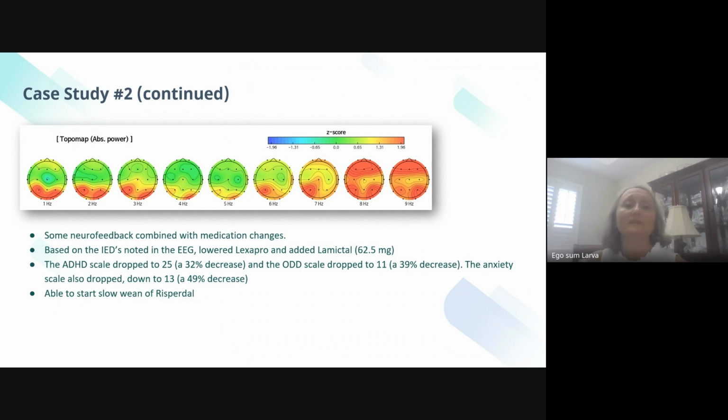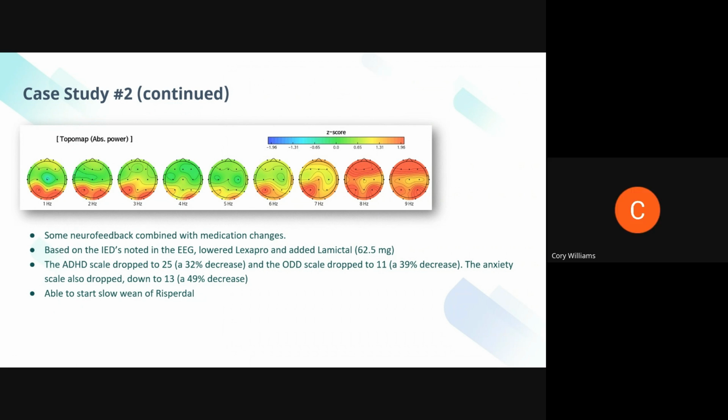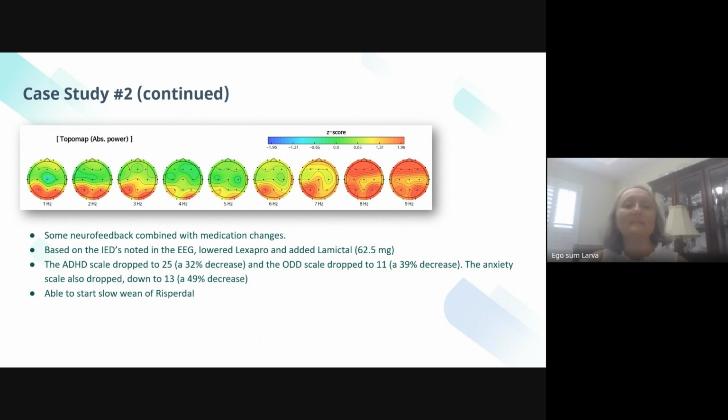And that did seem to help, in conjunction with a lot of ABA therapy and working on things. And that's how this usually goes too, where it's really hard to isolate variables. We're usually doing a bunch of things at once for these challenging kids. But that did help to move the needle a little bit. He's still not perfect, but we definitely have improved. His ADHD scores went down, his ODD scores dropped, and the behavioral outbursts and the emotion regulation did get